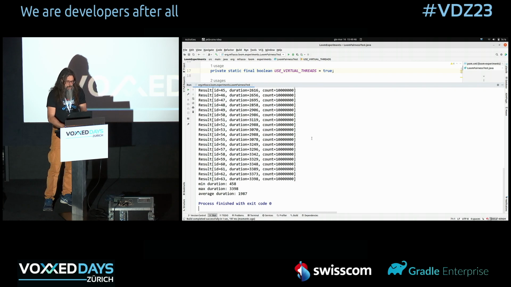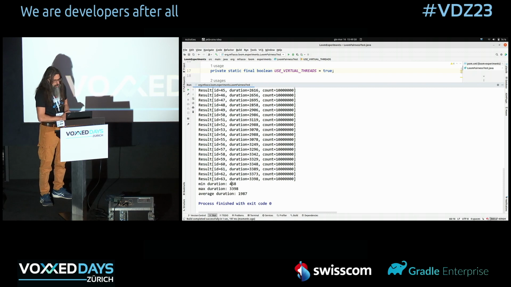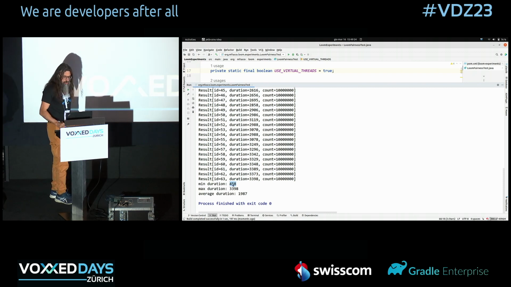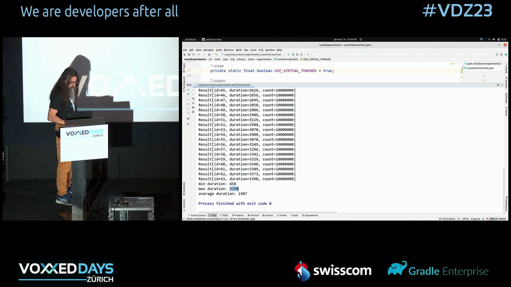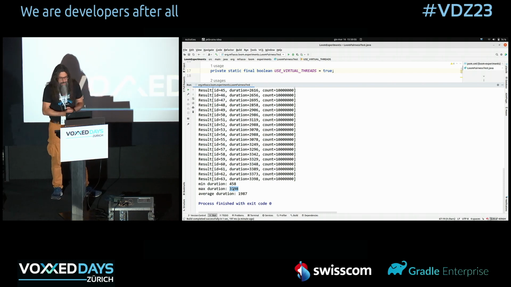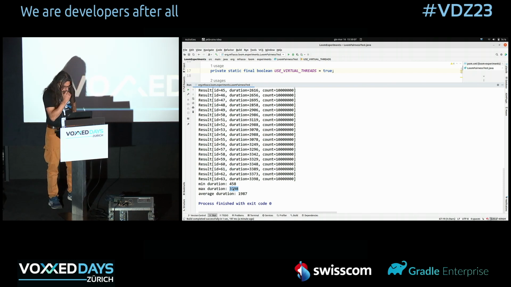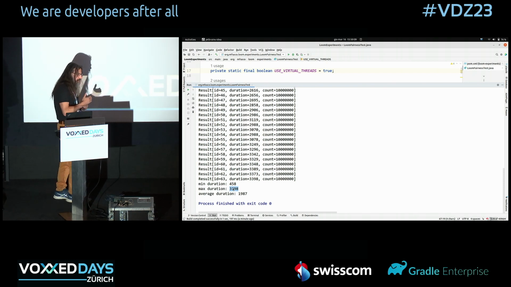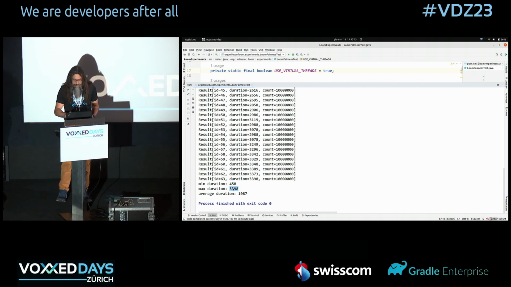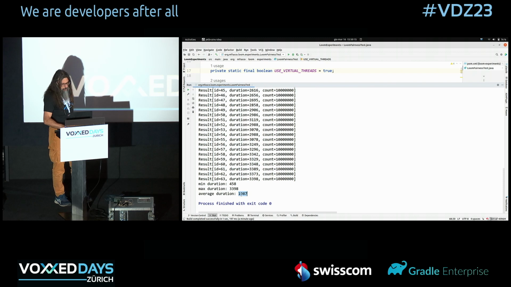So in this case, the fastest one took only 0.4 seconds. The slowest one more than 3 seconds because it has to wait for all the others to terminate, okay? And what is also interesting in my opinion is that, okay, with virtual threads you lose fairness, yes, but it's interesting to also see the